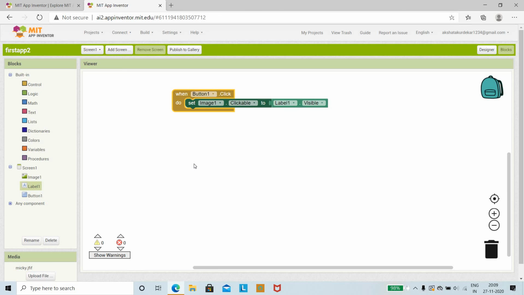So this is how we are going to build simple apps with the help of the MIT App Inventor. So then in the next video we shall see how to build more complex apps. So this is one of the simpler apps which we have built, and so just download the MIT App Inventor on your Android phone, and then you can connect it with the AI companion, and then just scan the QR code. Once the QR code is scanned, you will be redirected to the page where you can perform the click interaction where the image will be displayed. So this is how you are going to use the MIT App Inventor.